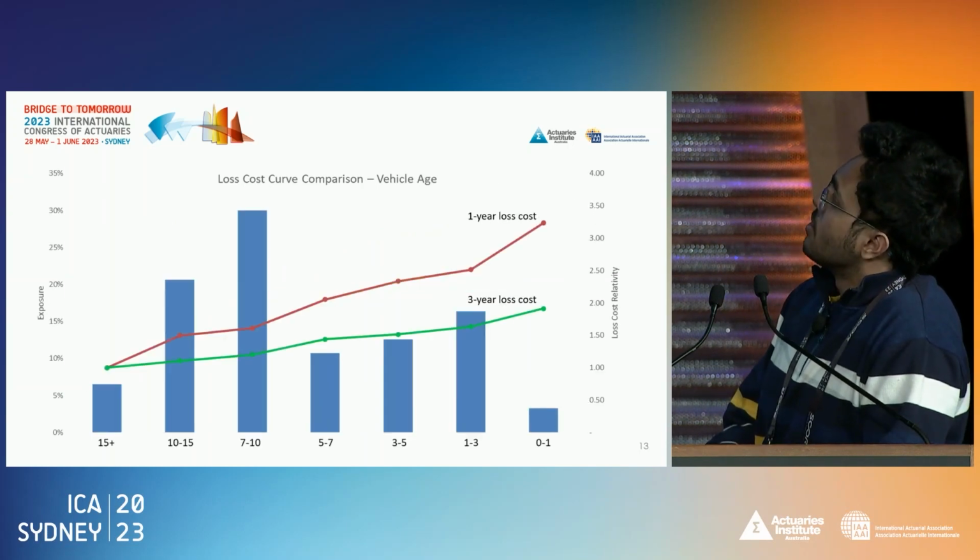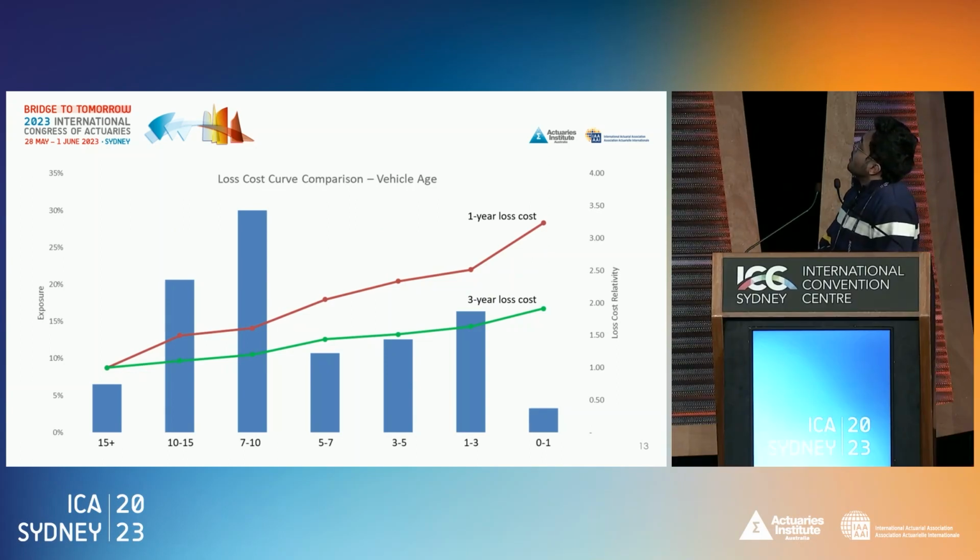people with speeding violations. A very similar example is with vehicle age, where newer cars tend to be over-penalized because their 1-year loss costs tend to be typically higher compared to older cars. And it makes sense because of rising severity arising from vehicle and repair cost inflation. However, when we look at the same curve with a 3-year loss cost and a longer-term view, we see that there is still a sharp curve, but it is not as sharp as what today's pricing models typically account for.